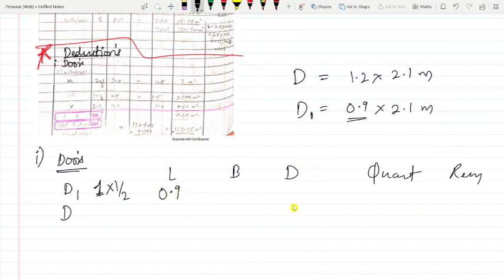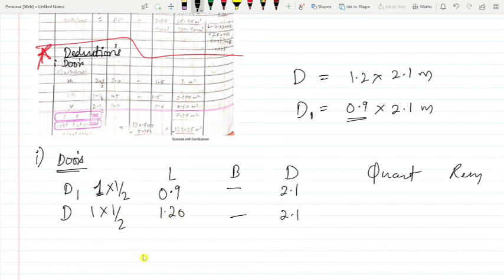There is no breadth everywhere. And the height we have here is 2.1 meters, both 2.1 meters only. So for door D, 1 into again half.